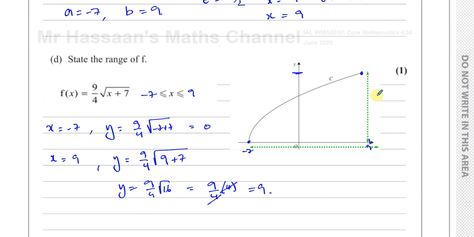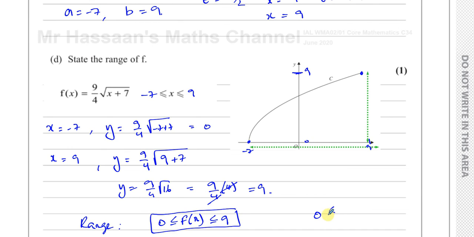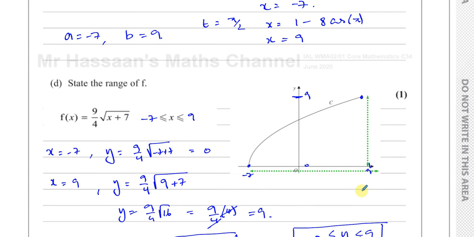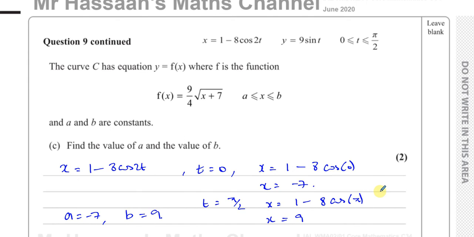So therefore the range of this function is between 0 and 9. So we can say that f of x is between the values of 0 and 9, including 0 and 9. That's the range of this function. That's what they're asking us to state. We could even write it as 0 is less than or equal to y, less than or equal to 9, but that's perfectly fine as well. All right, so there we have the answer to part D, and that concludes this question about